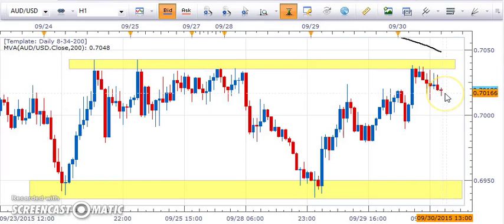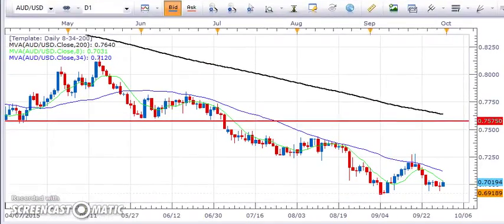Although I don't know how low it's going to go, this is a very weak move down, so this could just find an area and then shoot right back up and challenge this overhead resistance area again. You do have the 200-hour moving average right up here that will also give resistance if we get back up there, but this is a long-term downtrend, so I would definitely be looking for opportunities to short this one. And next we'll look at the Euro